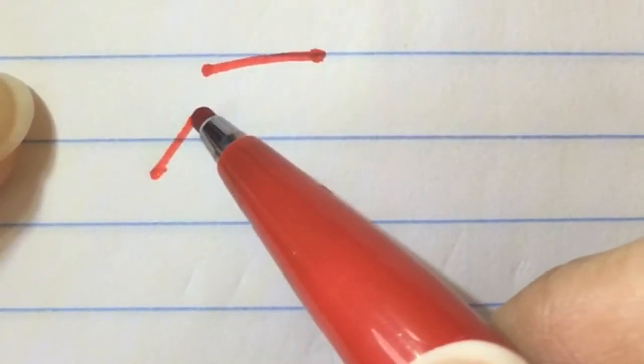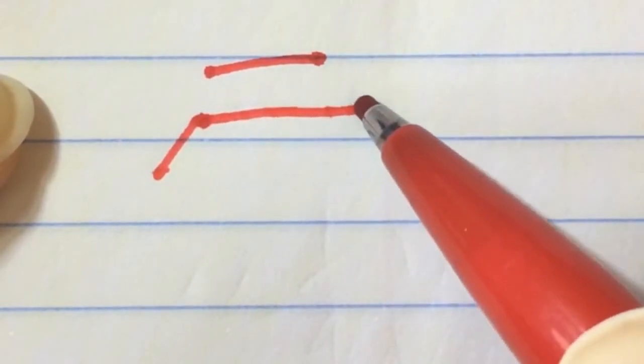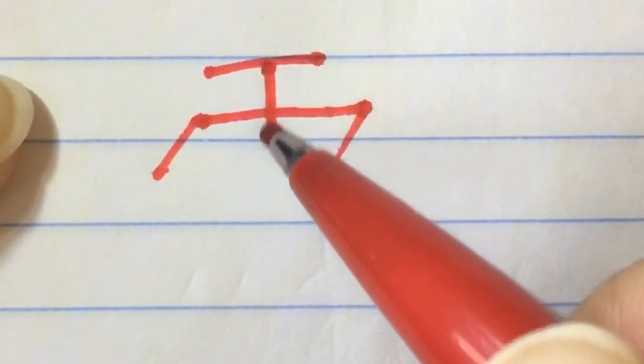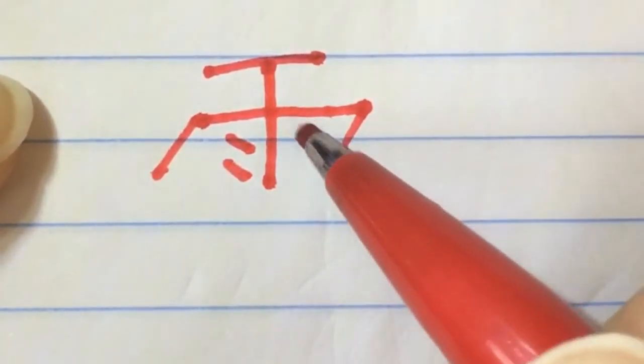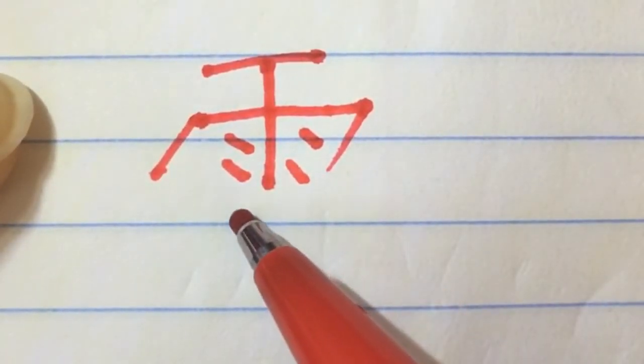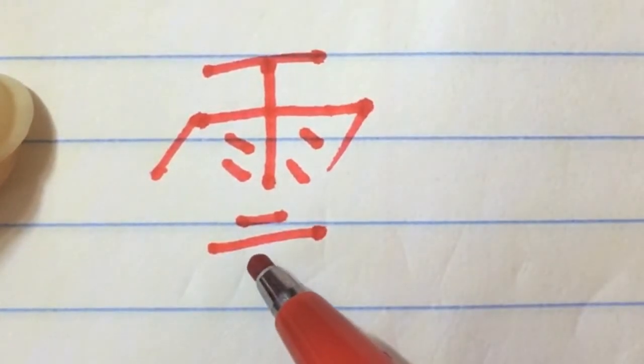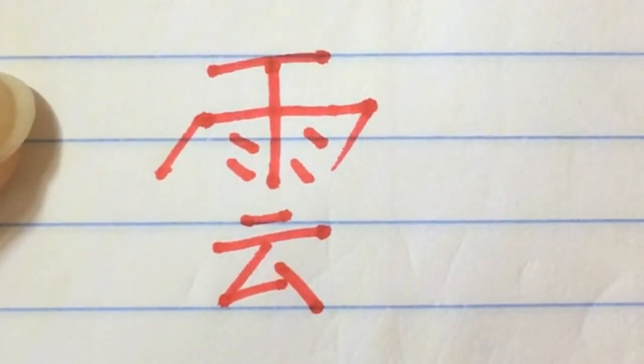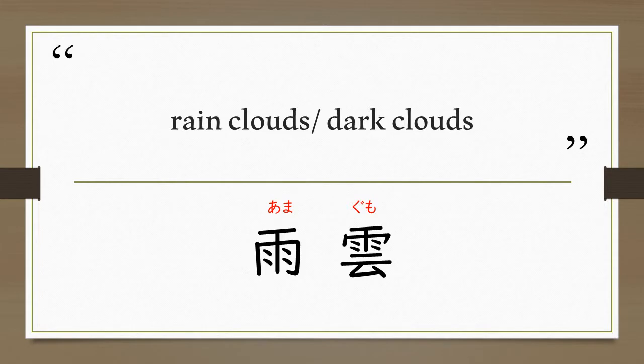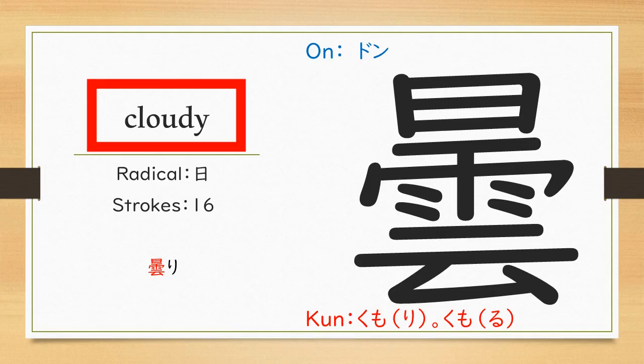Go across, down, go across, hook, center, go down, stop, 4 dots. カタカナのに、カタカナのむ。Rain clouds or dark clouds is 雨雲。雨 and 雲 becomes 雨雲。